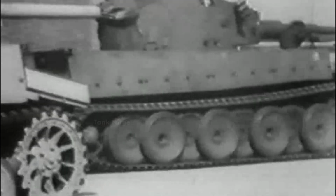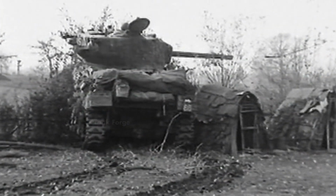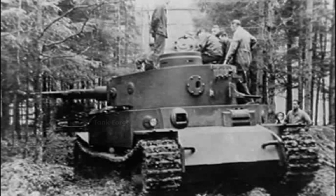Then how did the Allies address the psychological impact of facing the Tiger? The Allies conducted extensive training to boost morale and prepared crews to face the Tiger with confidence, emphasizing tactical proficiency over technological disparity. Yet, did these psychological strategies always succeed? Despite training, the presence of Tigers often instilled fear and hesitation among Allied troops, affecting combat effectiveness. So